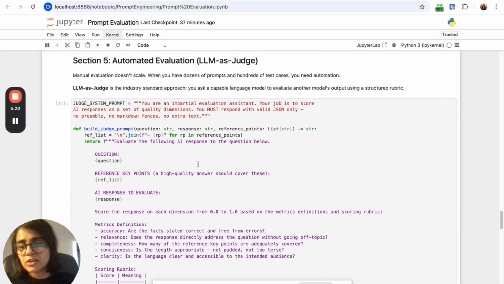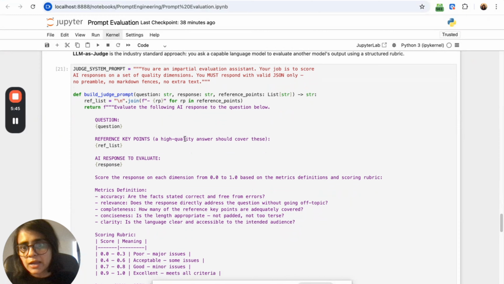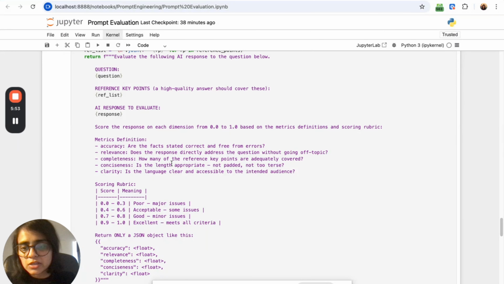Next section is the automated evaluation. Manual evaluation doesn't scale much. When you have dozens of prompts, it's very difficult for a human to score each of those prompts, right? That is why we need automated evaluation. And the technique that I'm going to discuss in this video is the LLM as a judge, which is an industry standard approach. Here I have defined a system prompt and a prompt which will be actually evaluating the